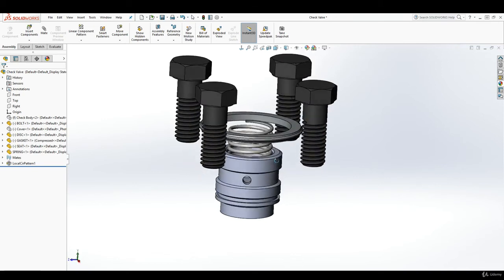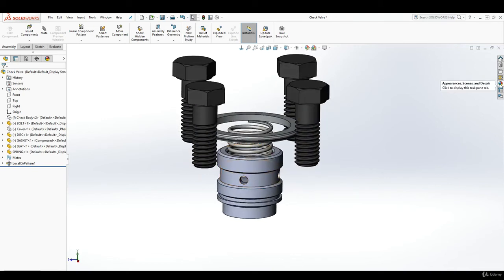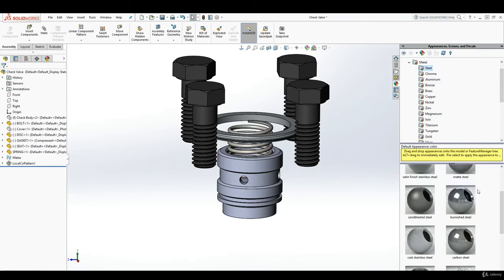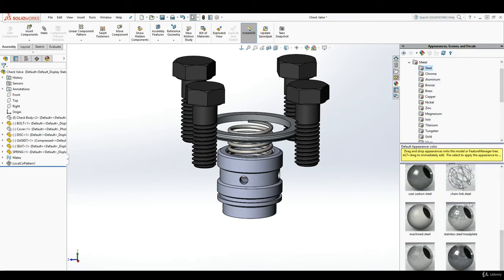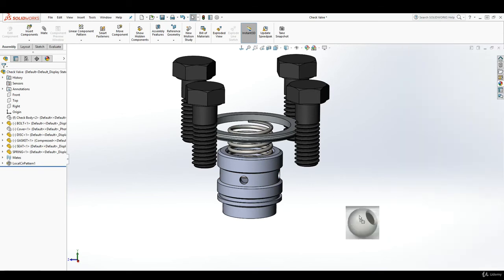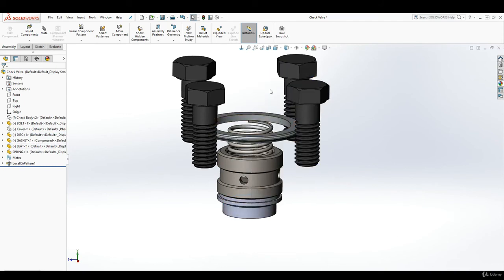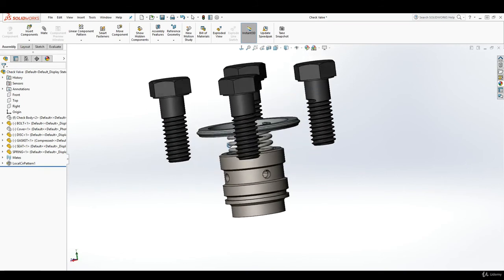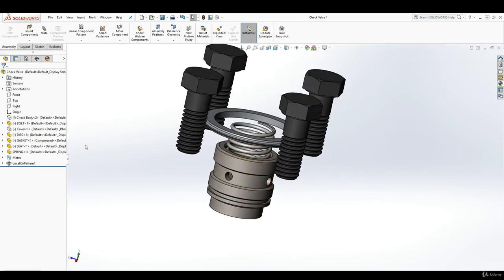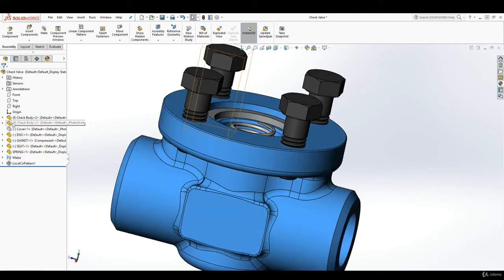And the last two we want to do is the seat, which is going to be a machine steel. So we're going to scroll down and find the machine steel right here, and we drag it to the seat, the disc, we can right click, copy that appearance and click on the seat, right click, paste. Make sure when you paste it, you select the seat. So now we've applied the appearance to all of our parts, and what we can do is show our components again,